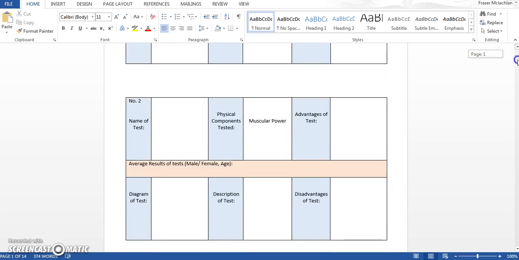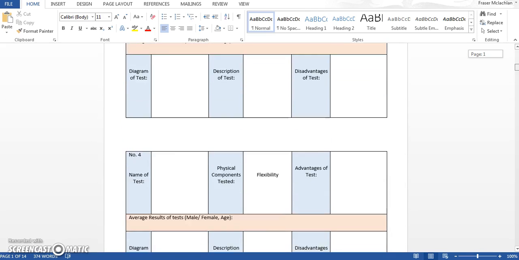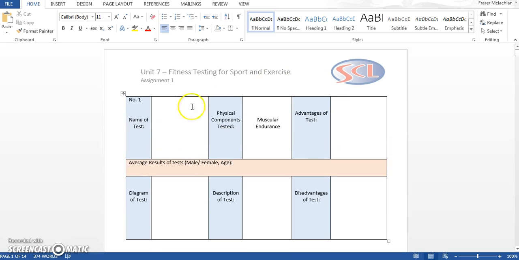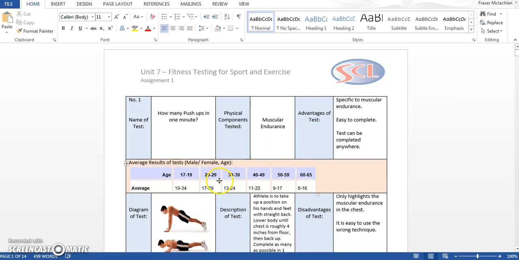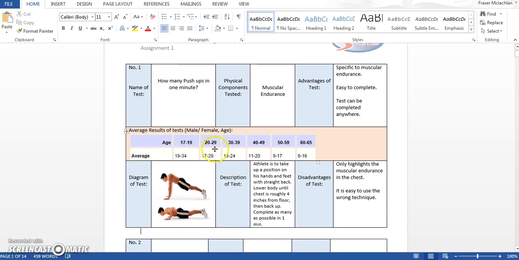So muscular endurance, muscular power, strength, flexibility, etc. What you need to do here is identify the name of the test which is used for muscular endurance, an average result for that test, a diagram of it, a description, and then what the advantages and disadvantages are. So if I show you my example, this is for muscular endurance. I've said how many push-ups you can do in 1 minute is a very good test to identify